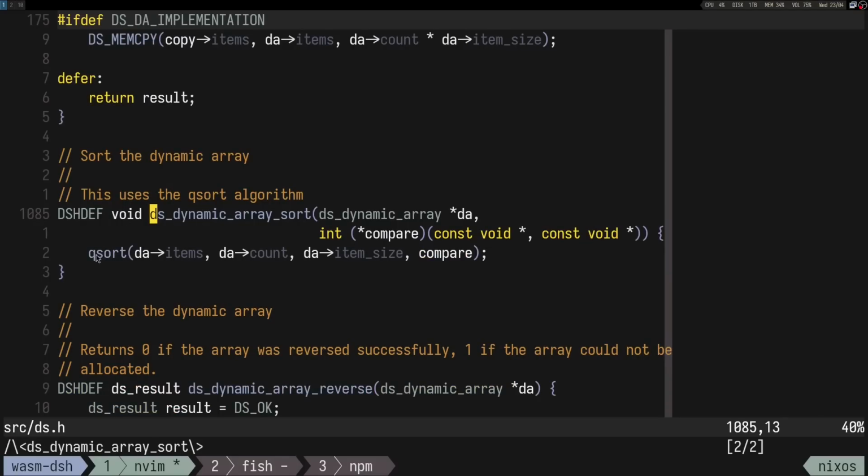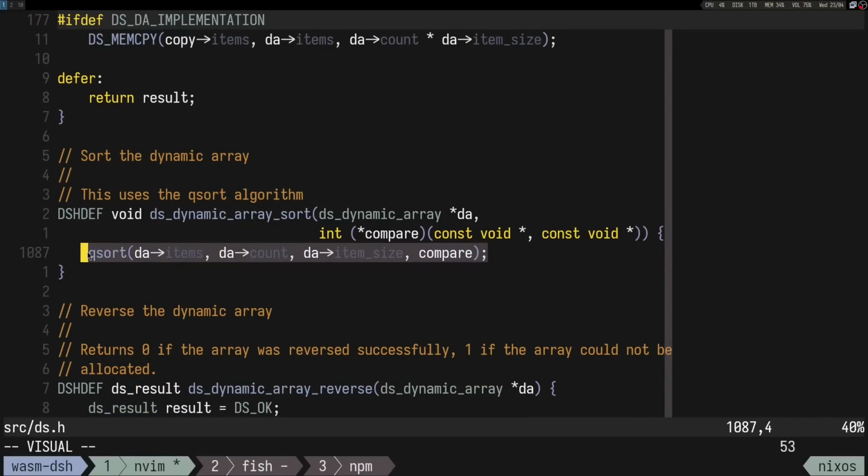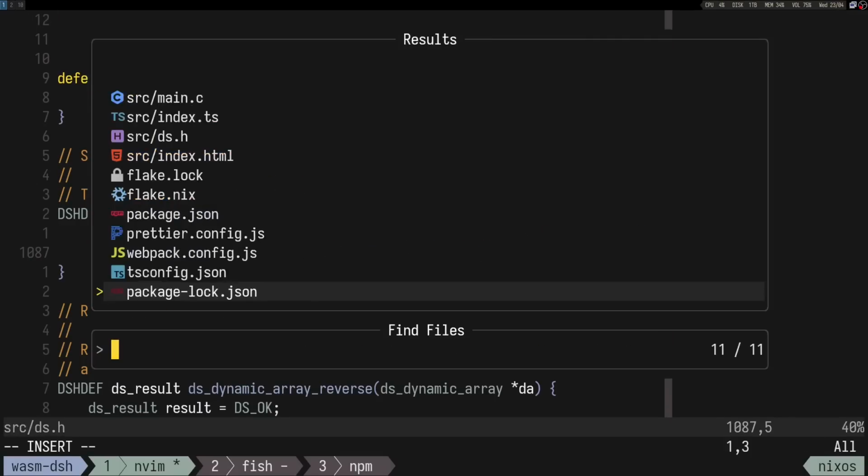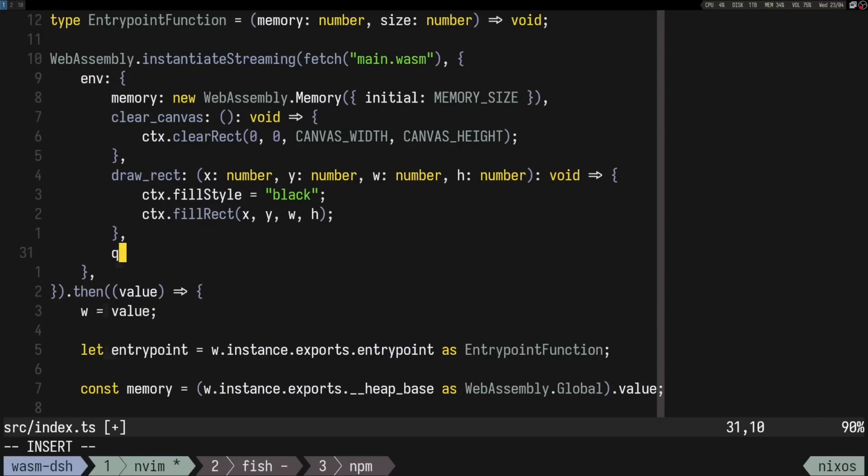Being able to call sort, but we would need some kind of function here maybe that's used to do the sorting. Right? I think the easiest way to get rid of that error though is to do something like qsort,